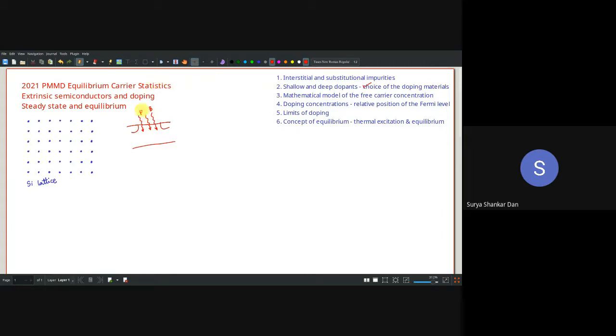Now when we are putting these ions, the first question would be, why are we choosing this P and B? That we will come to through the understanding of shallow and deep dopants. Why do we particularly choose phosphorus and boron? The first criterion is that, to ensure these atoms get inside the silicon, the size of the atoms should be less than the space between the atoms. Suppose you try to put one atom which is so big, it will never get inside. You need an atom like this so that it can penetrate inside the void.